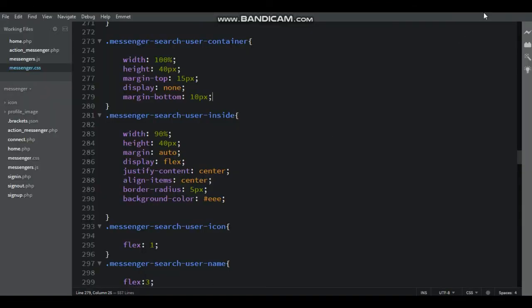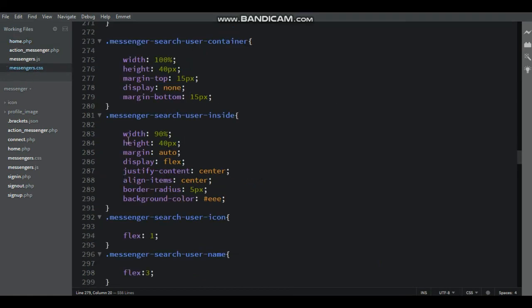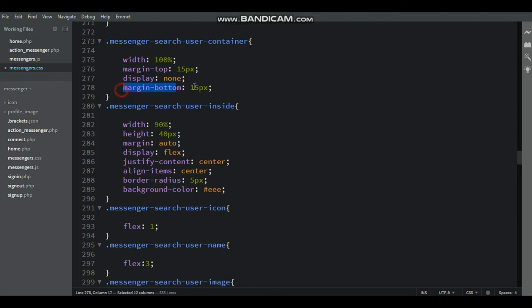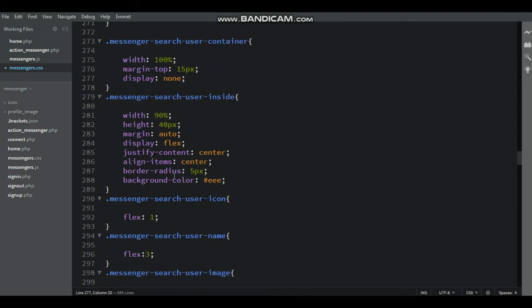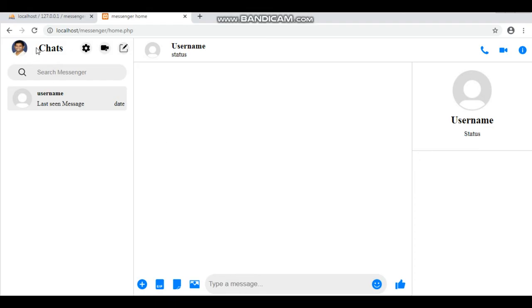Just changes. Go to the messenger.css file, remove the height and also margin bottom, and then paste margin bottom. Here change margin top 15px, save it and refresh the browser.